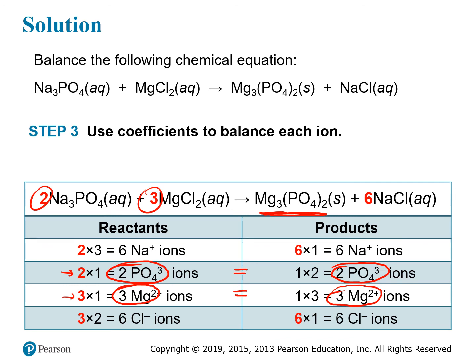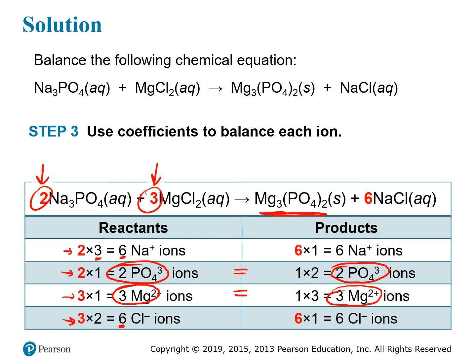But those 2 numbers that we added, this coefficient and this coefficient, had other effects. Putting this 3 here changed this to a 3 as well. Since there are 3 magnesium chlorides, and each magnesium chloride has 2 chloride ions, taking 3 of them gives us 6 chloride ions on the left-hand side. And this 2 in front of sodium phosphate means that we take 2 sodium phosphate units, and each sodium phosphate unit contains 3 sodium ions, and so that gives us